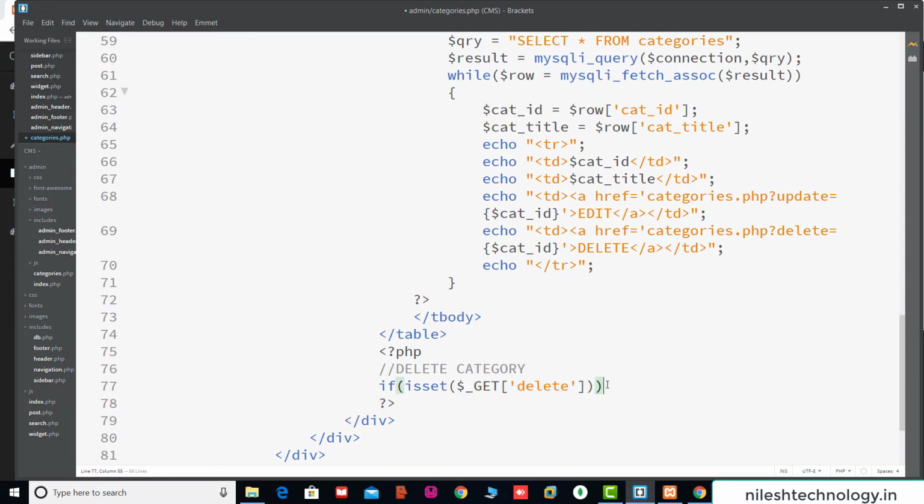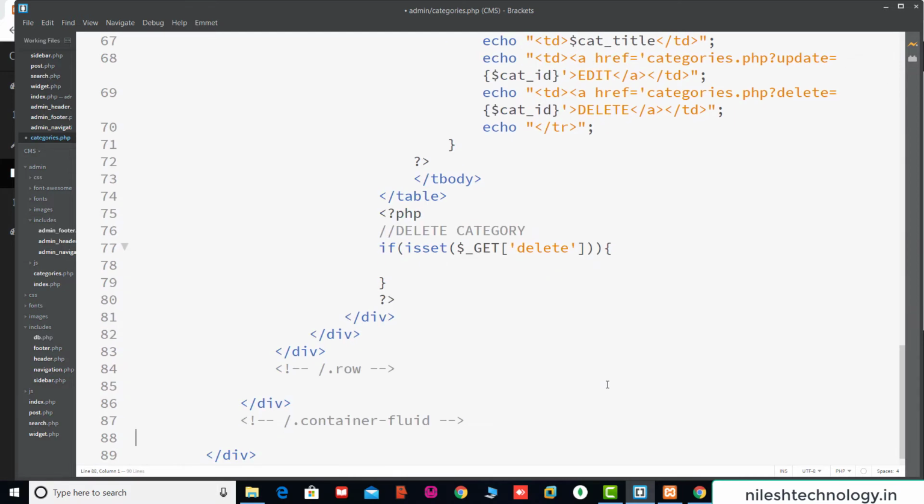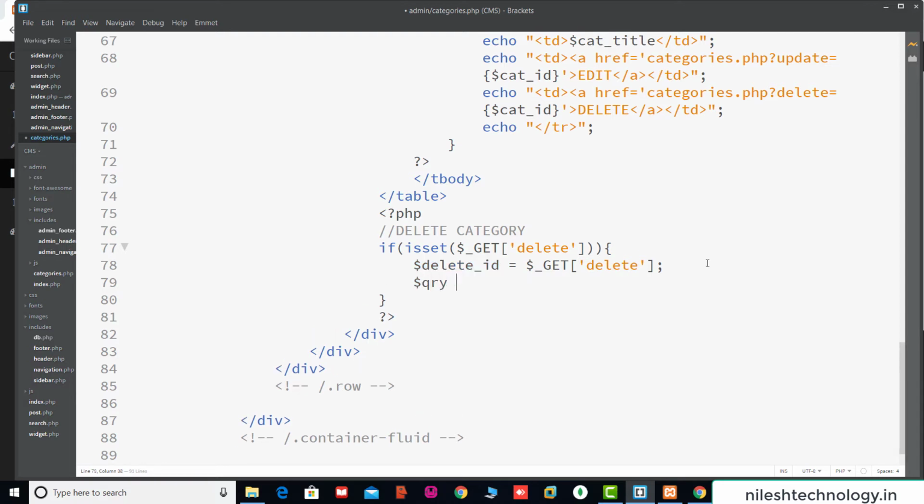Okay, so if you get this delete link, then going to this if, and here we get the ID. So this is the delete ID, $_GET delete. Okay, so this ID is stored in this delete ID variable. Now here we use one query.